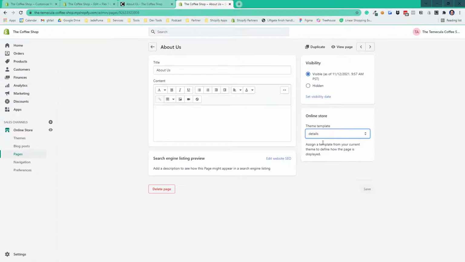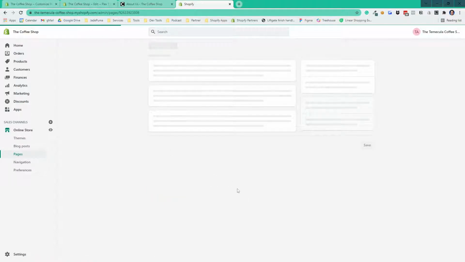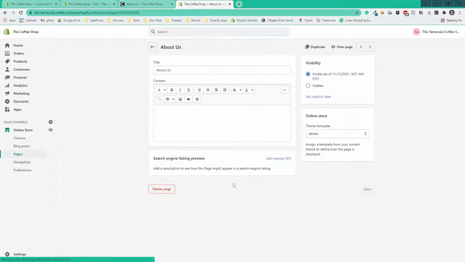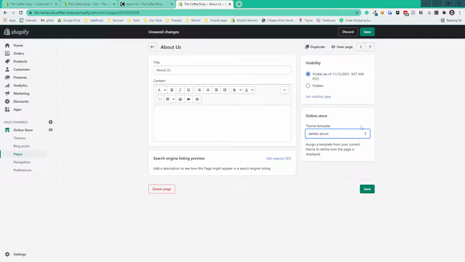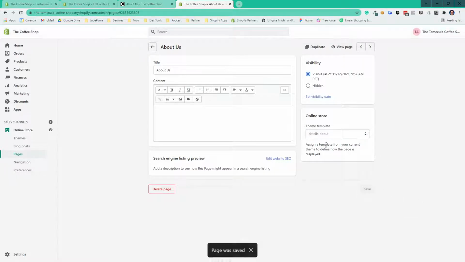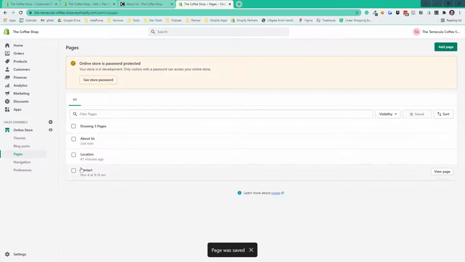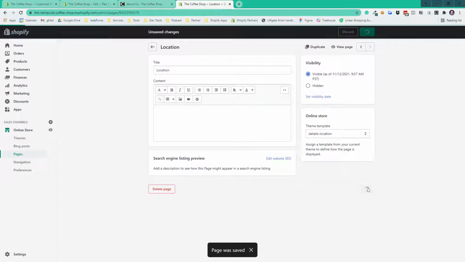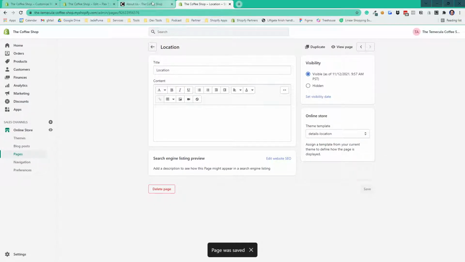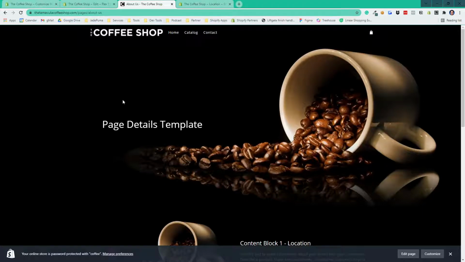And now what I'm going to check to see is if they show up in this list of templates. There's our about and our location. So now they show up, now that we've saved some content inside those JSON files. So that's the about page. And then we're going to go to the location page, and we're going to say location, template for that one, apply that. And now if we go back to the front end of the website,